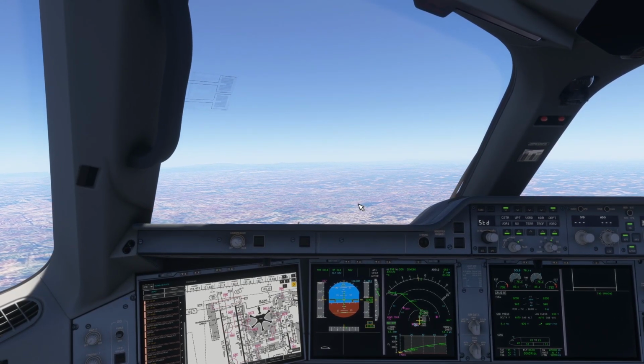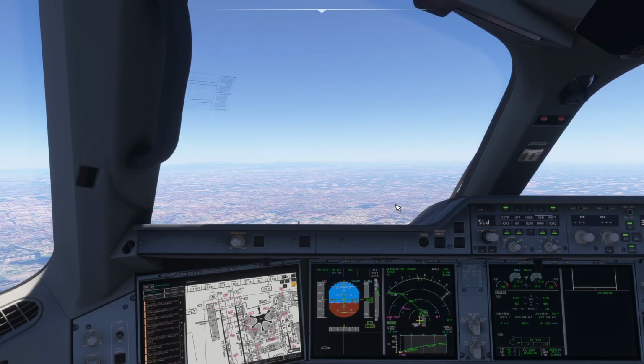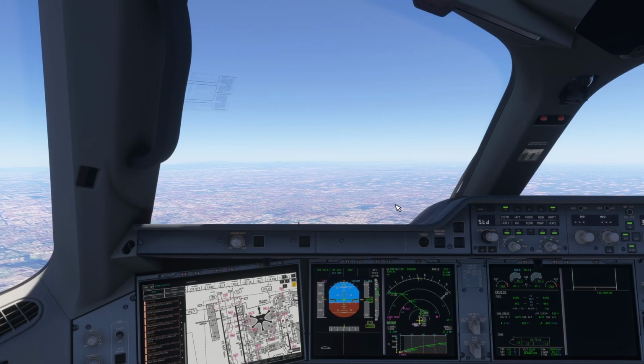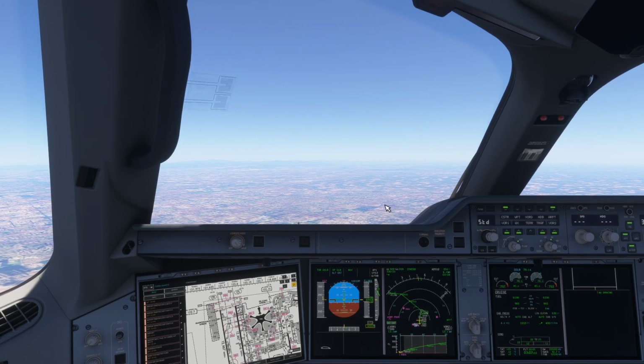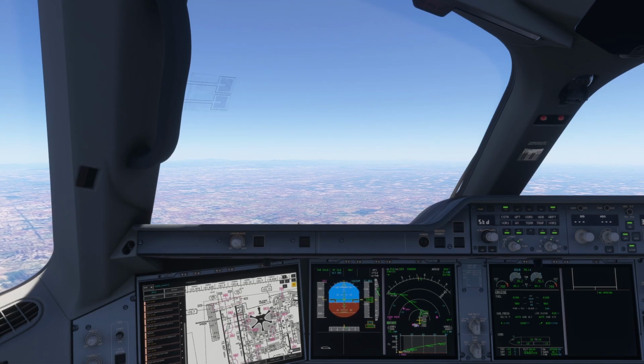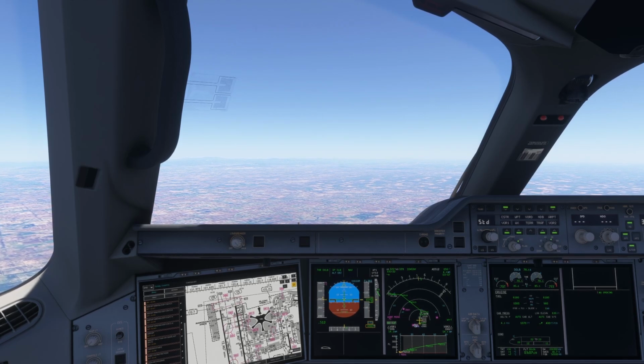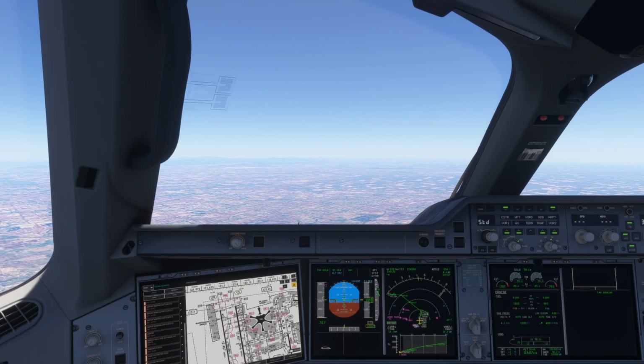And we're just going to climb to flight level 381, or 11,600 meters. Anyways, I will leave you with some of the cinematics on the flight. I'll talk to you guys later when we start planning our descent and the arrival into Sheremetyevo, Moscow Airport. See you guys in a bit, and enjoy the cinematics in the flight back to Aeroflot's home base.